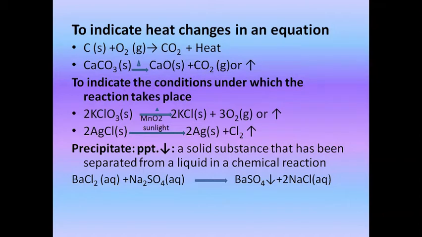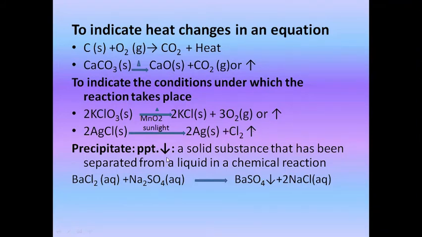In this case, it is increasing the rate of chemical reaction, means it will speed up the reaction which is slow, and the products which are formed are potassium chloride, which is solid, and oxygen is given out. Oxygen is a gas, you can write G or you can show it with the arrow upward. Another reaction is silver chloride, which is solid. When it is kept in the sunlight, means the reaction is taking place in the sunlight, it changes into silver and chlorine gas is given out. I have shown with the arrow upward.